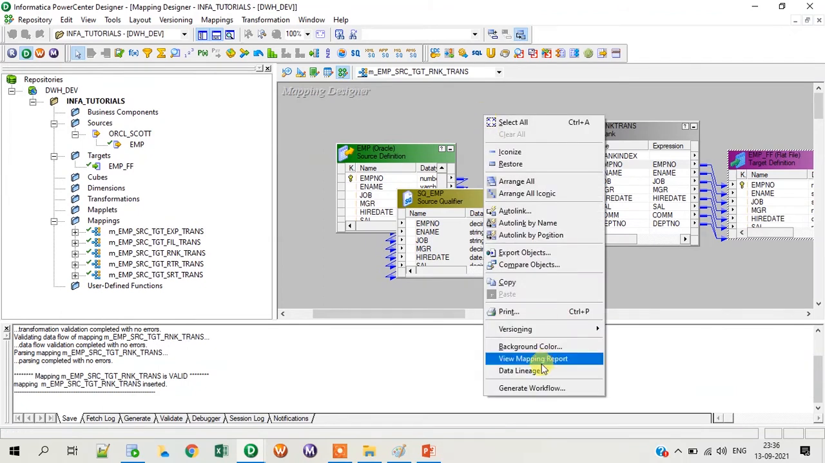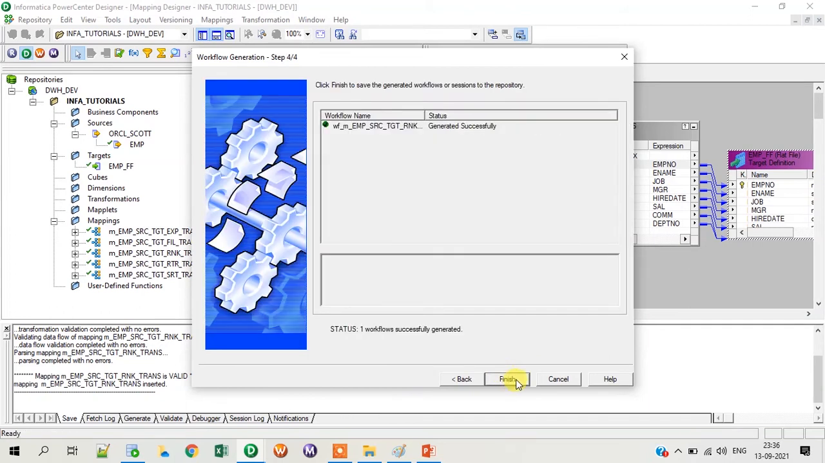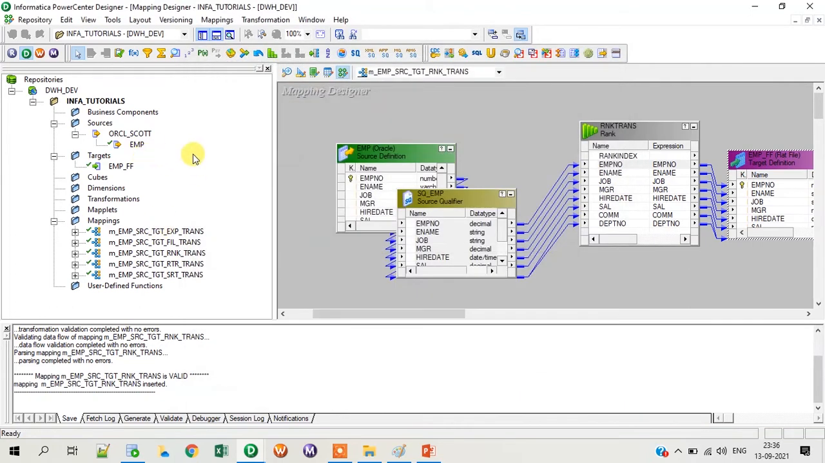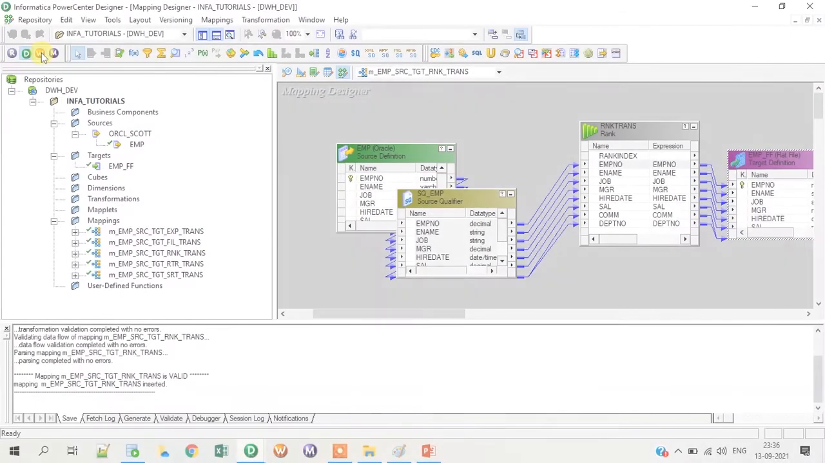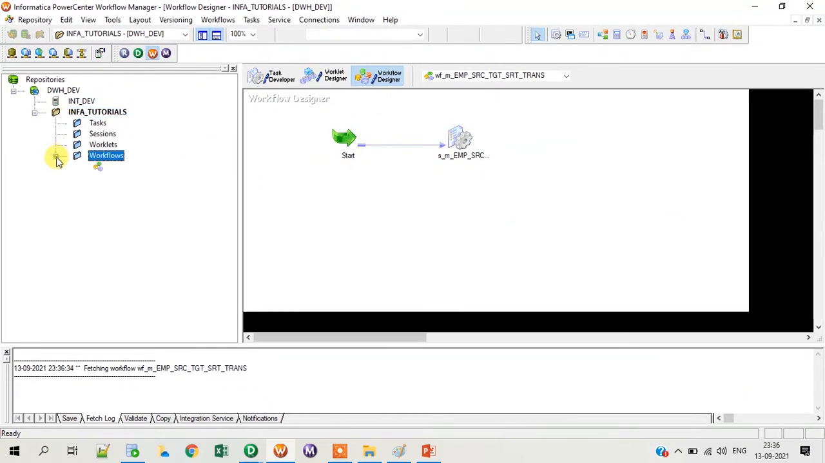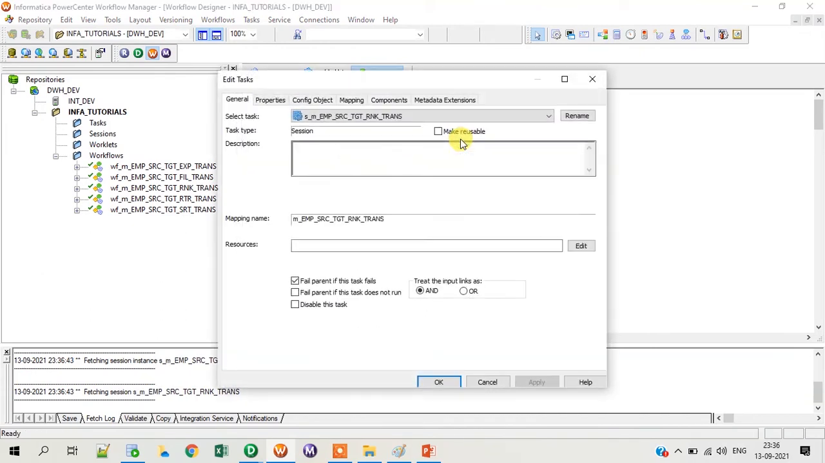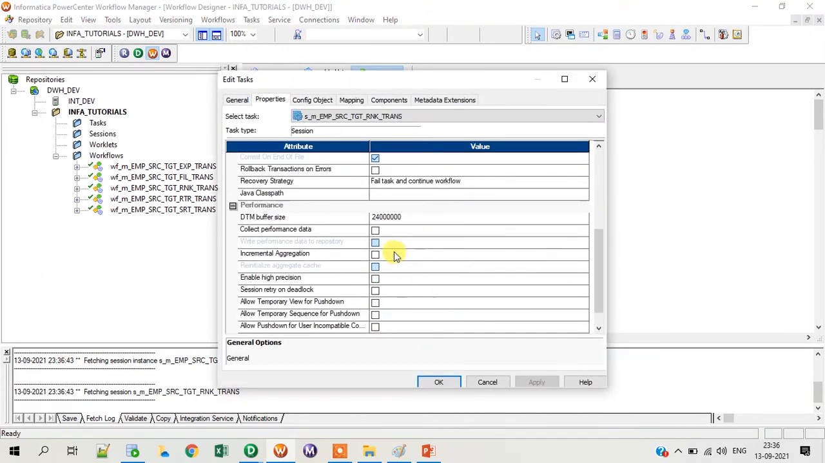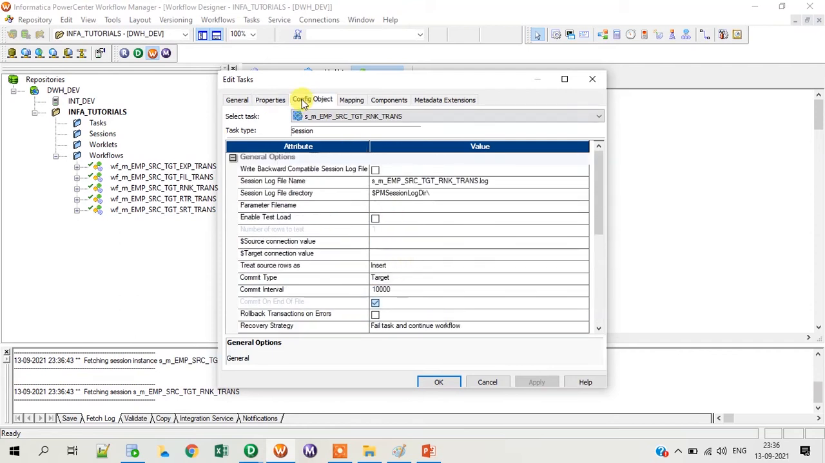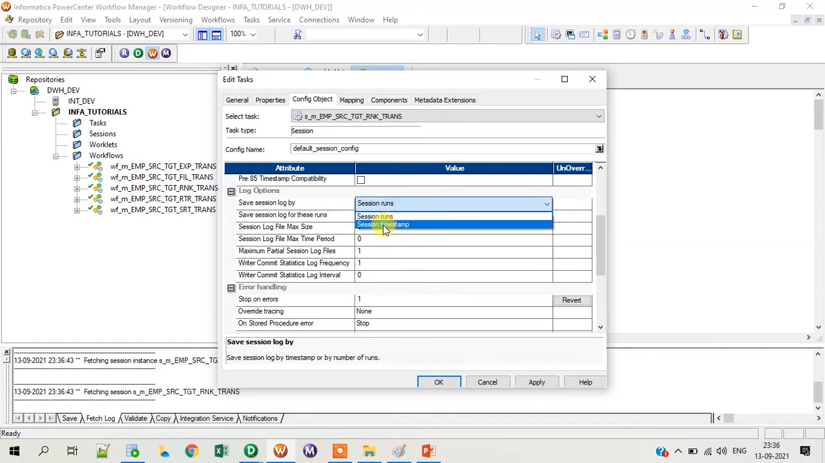Now let's quickly generate a workflow from here. So my workflow is also generated. Let's go to the workflow manager and configure the workflow. So here is my rank transformation workflow. I will quickly configure the details. Stop on error, I will make it as 1. I will save the session log file by session timestamp,